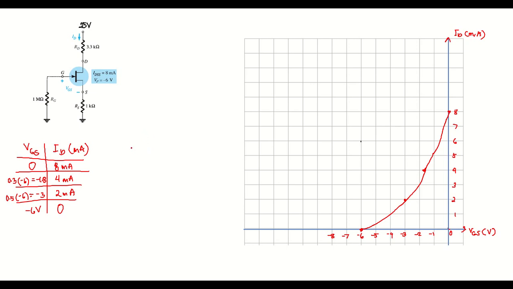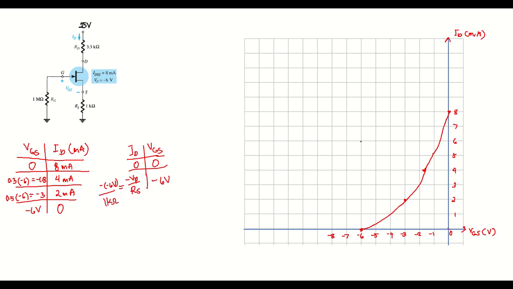And now the next step is we are to sketch the self-bias line, which is given by these points: when ID is equal to 0 and VGS is equal to 0, and negative VP over RS, and this gives us our VP equal to negative 6 volts. So negative of the negative 6 volts over our RS, which is equal to 1 kilo ohm, divided by 1 kilo ohm, our ID here will be equal to